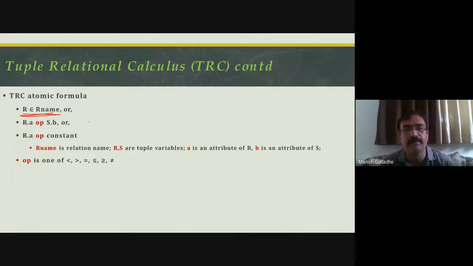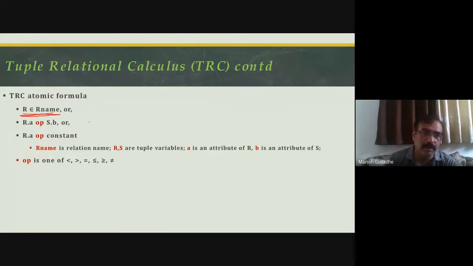In the banking example, we have customer, describing customer with customer name, customer street and customer city. We have account with account number, branch and balance, loan with loan number, branch and amount, branch with branch name, branch city and branch asset. And we have relationship sets, depositor and borrower, which combine account with customer and loan with customer respectively. So if I am printing customer names of all customers, then customer name will be a subset of customer.